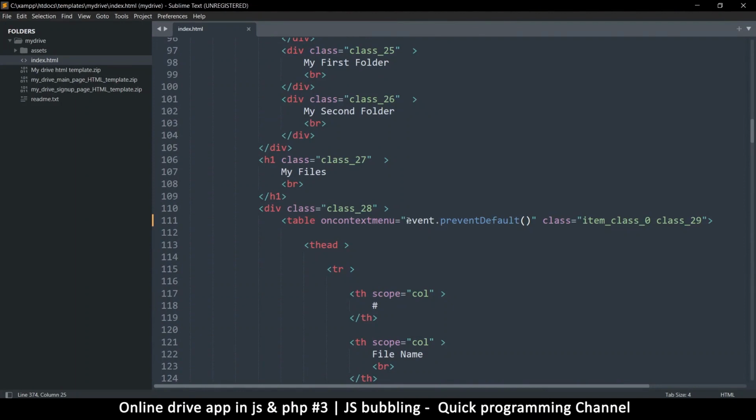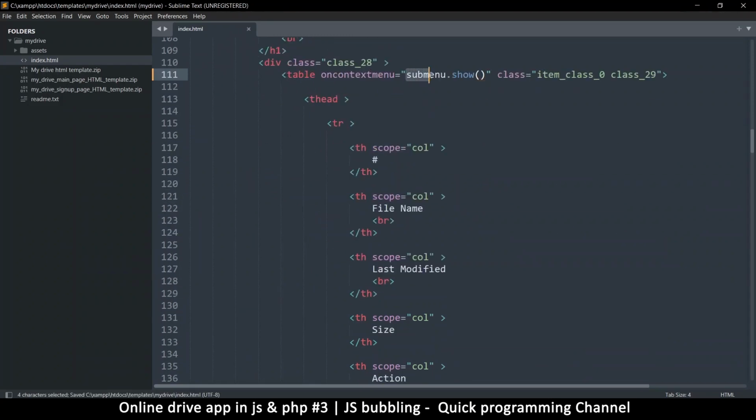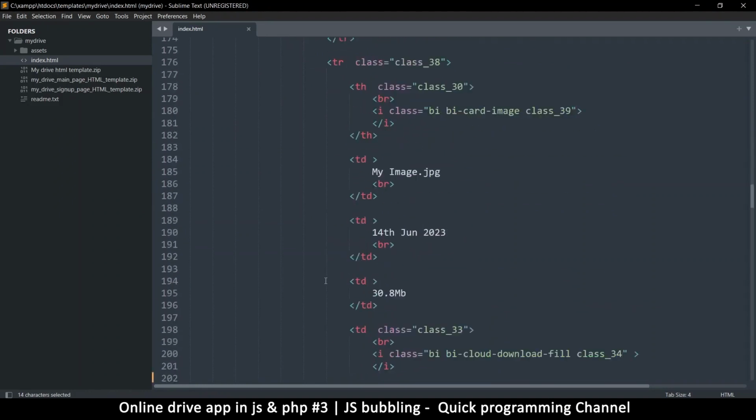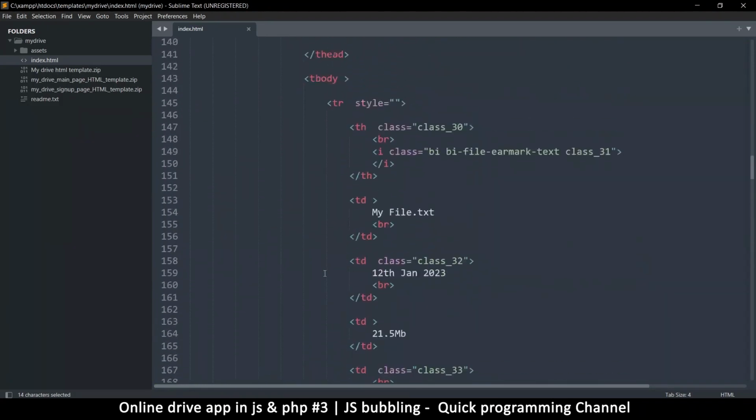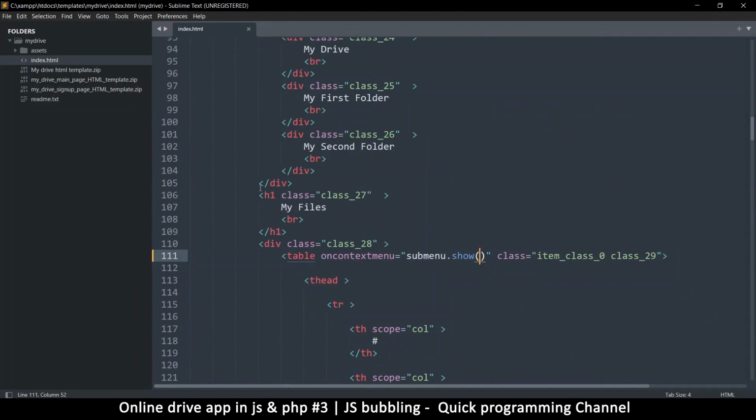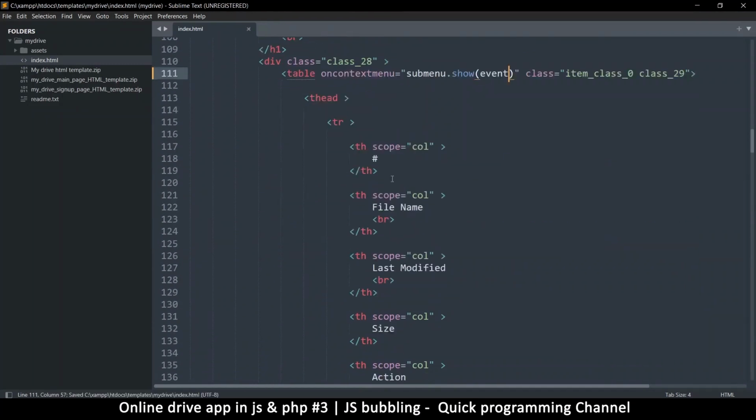So instead of having this here, when I click, I can remove this and just call the submenu. When I click on that one, I can say submenu, which is the object, dot show, like that. Okay, so submenu dot show. Then when we go to the dot show here, before I do that, I want to supply the event that happened, so I can do event dot